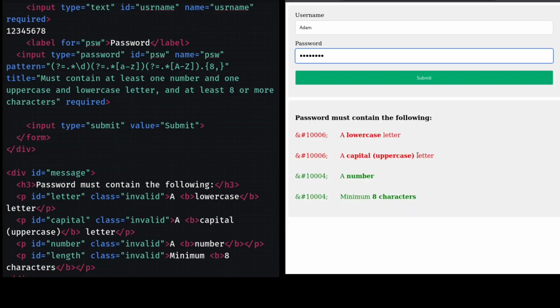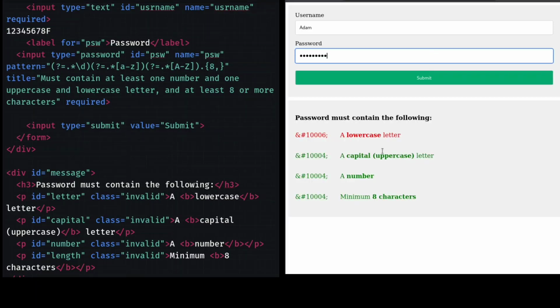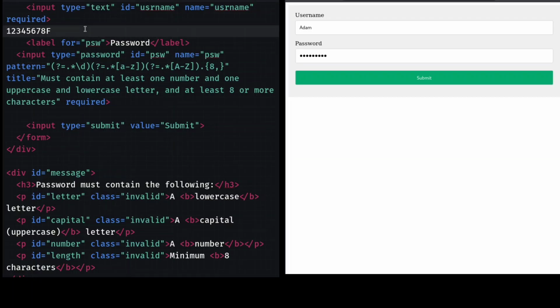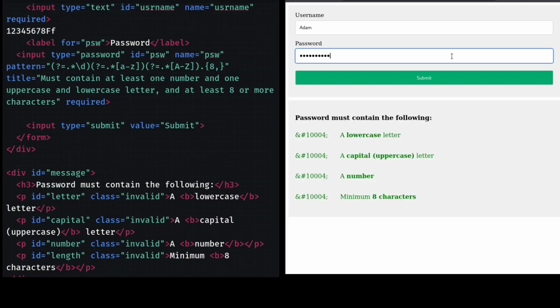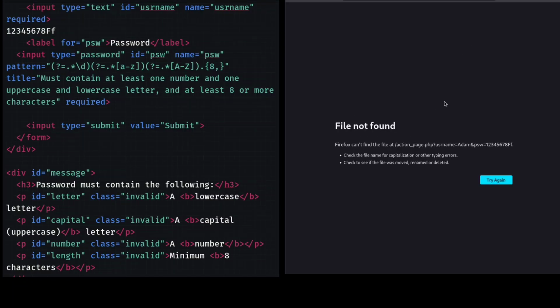Now I need a capital, so let me submit, and you can see it doesn't submit. So I'm going to put in a capital, an F at the start, and once I paste it over here, you can see that the capital requirement is also gone. Now I'm just going to put a small f at the end, and this makes it complete. Now if I submit, you can see that it does submit, and it says file not found,